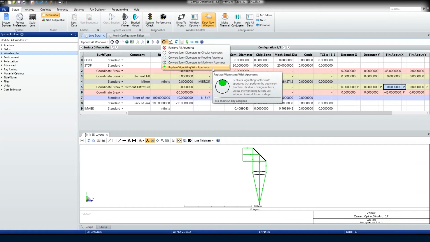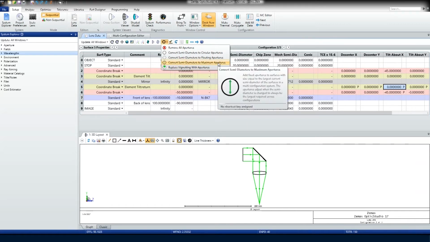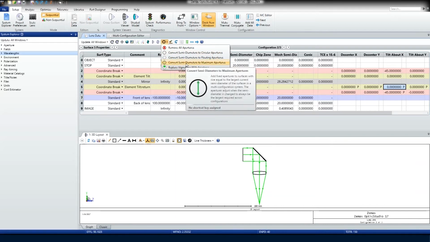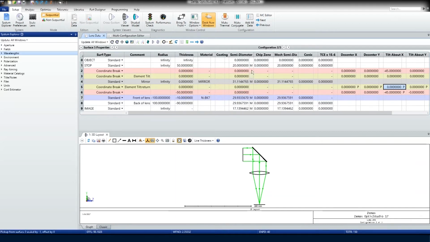So what we're going to use is Convert Semi-Diameters to Maximum Apertures. And once we click that, you can see that all of the maximum solves are there, and it changes on its own. We didn't even have to go through and do that manually. So now we can confirm that all of our systems look the same and it looks just like our last one,